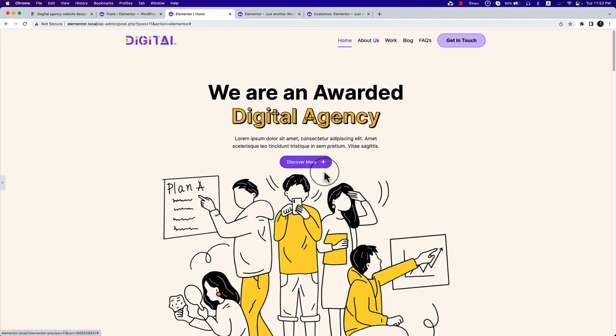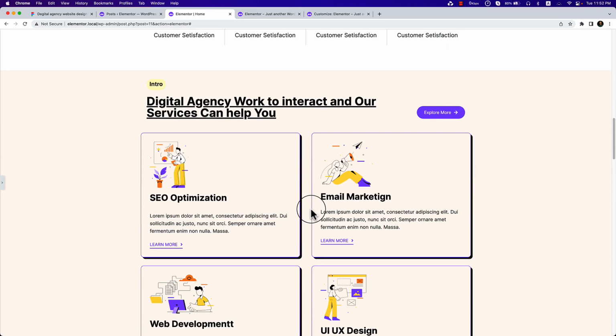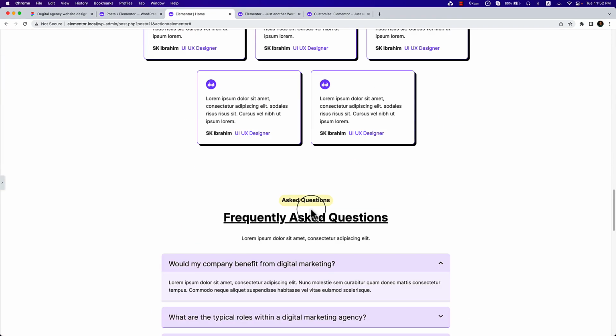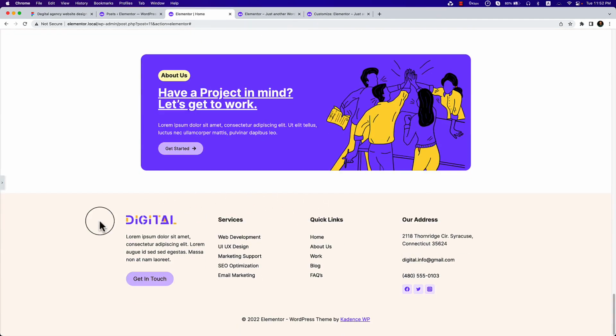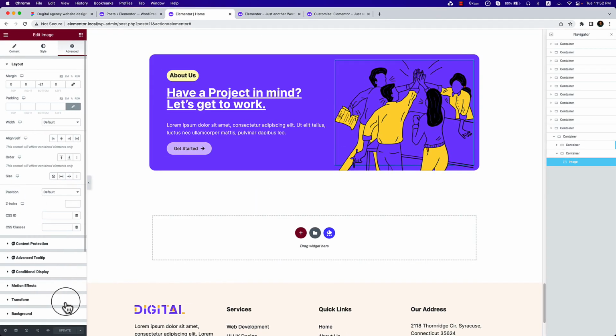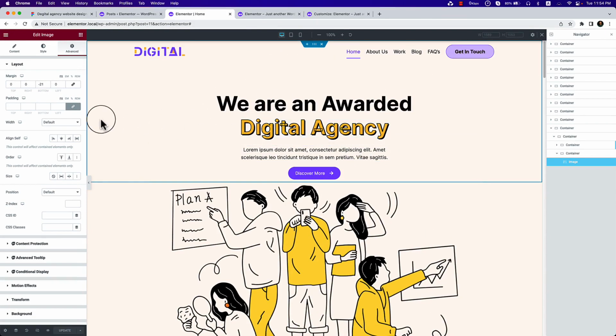So we just completed the home page. Later on, I'll be converting this home page and making it mobile friendly. Just take a look at the design here as of now, and it's complete. It's time to make our design mobile friendly and tab friendly. If I click on the responsive mode,